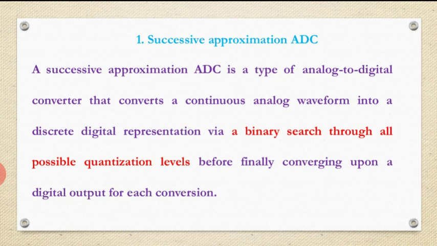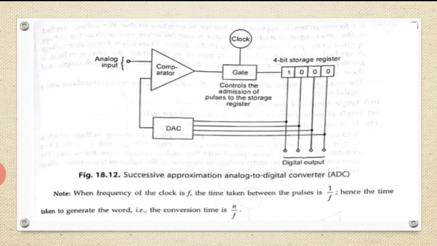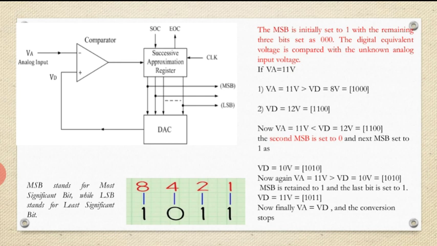This is the circuit diagram, the figure of the successive approximation analog to digital converter. I will explain with one example, because in the textbook the example is not given, only this figure is given and the author concluded with these sentences. To understand the sentences we need to go through one example so that we can understand the circuit, the operation of the successive approximation ADC. Here is the one example I took, and I am going to explain.